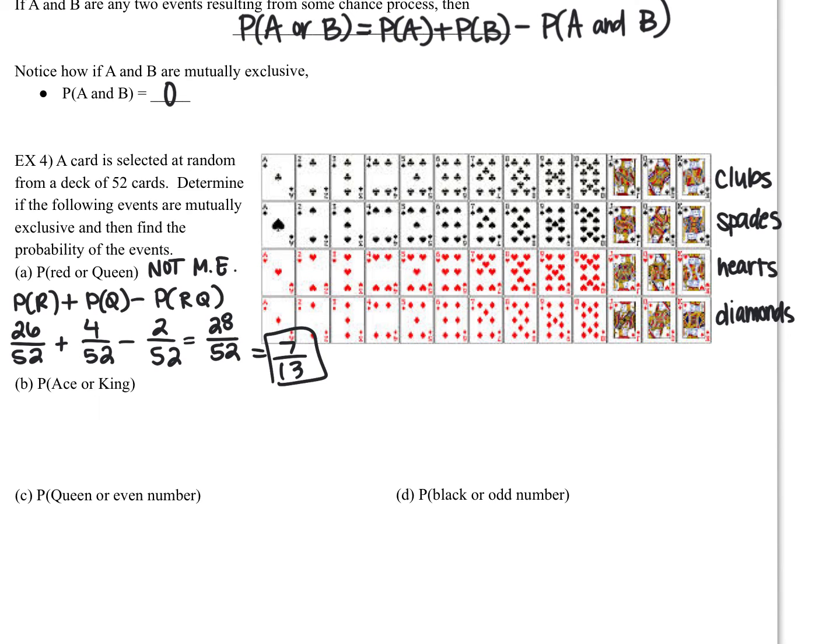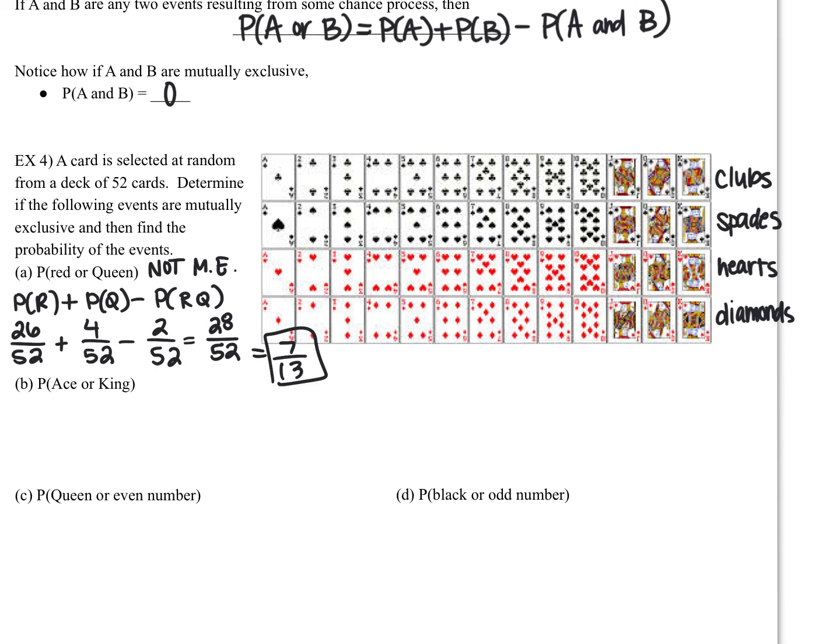It is okay here if you put decimals, because I realize 28 out of 52, 7 out of 13, are not fractions we typically deal with. If you're going to do a decimal, I prefer 3 decimal places just to be accurate. So you can also think of it as 0.538, so about a little over 50% chance that if you draw a card from a deck, it'll be red or a queen.